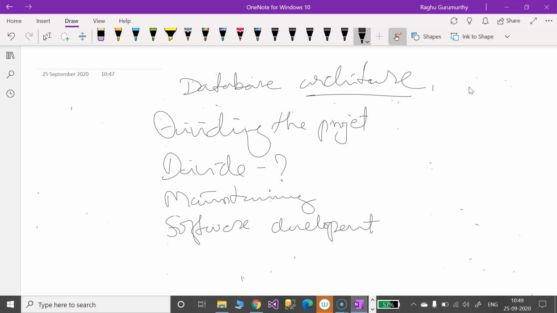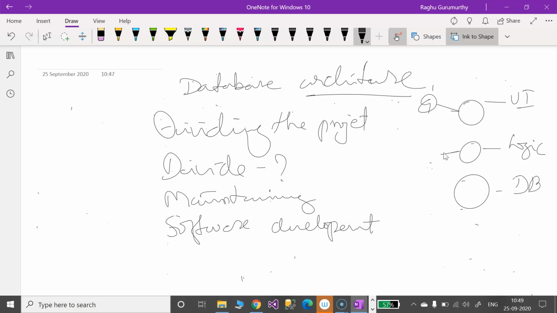If you divide the project into multiple groups like UI, then logic, then DB, then we can assign the UI layer to one developer, logic to another developer, and DB to another DBA, database administrator.